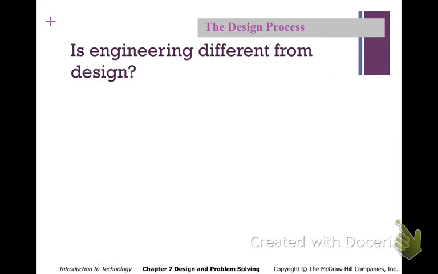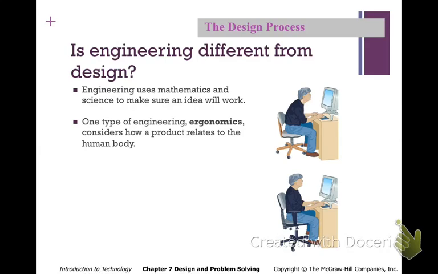Now, what's the difference between engineering and design? We kind of talked about engineering. You create items to make them safe. So you're designing the items to make things look good, and the engineer's going to come by and make sure that they are completely safe. So when we design that nice, comfortable chair, the designer might make it look really good, whereas the engineer is going to make sure it's safe for you to sit on and it's not going to crush you. So again, we use the math and science to make it work,